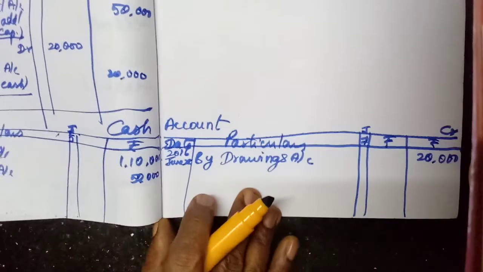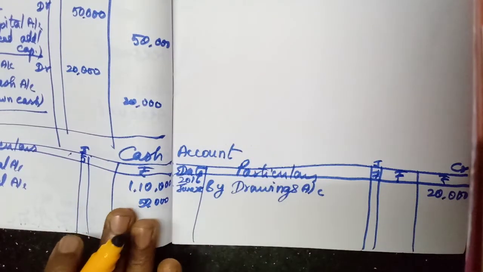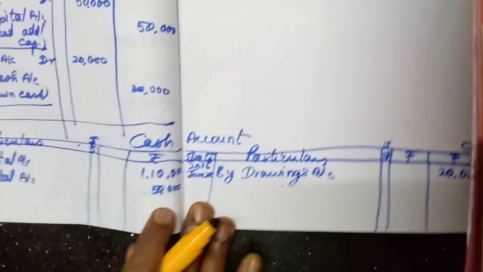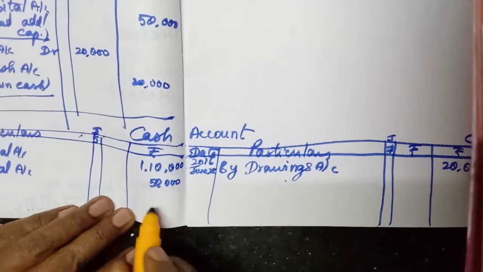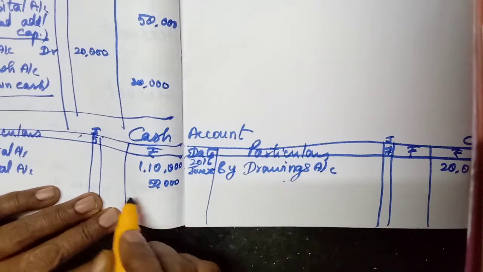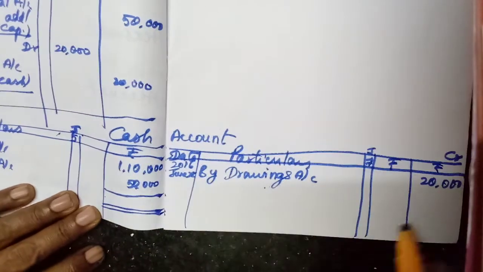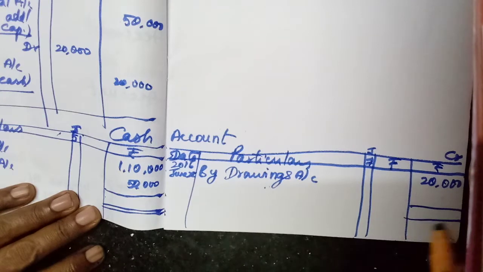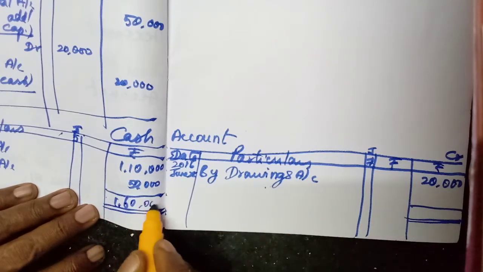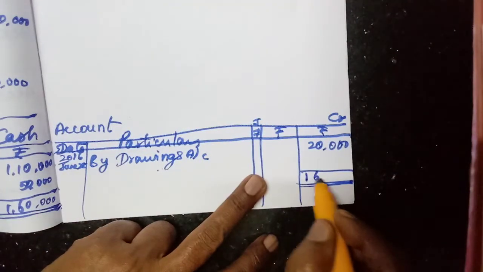Now we will balance this account. Okay, now by writing this one we will come to know this side is more, isn't it? So here we should write one item. Okay, that we have to leave space. So leave little space and draw the line. Here only one column. Here we will write. Okay, double line. Single line, double line. 1,60,000. That is the total. Same total we have to write this side also. 1,60,000.